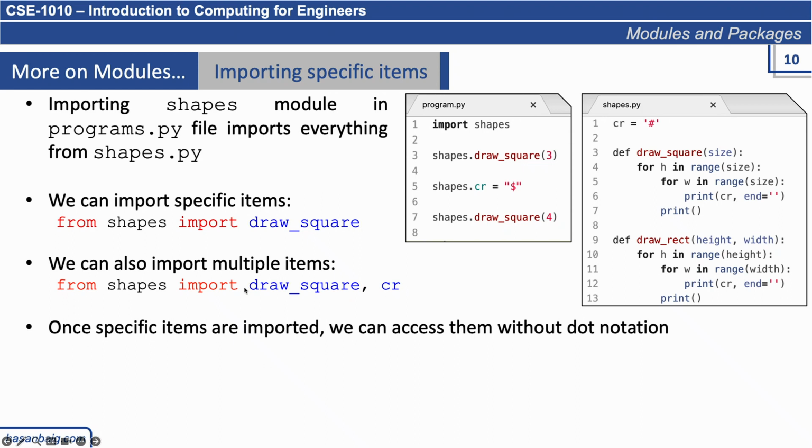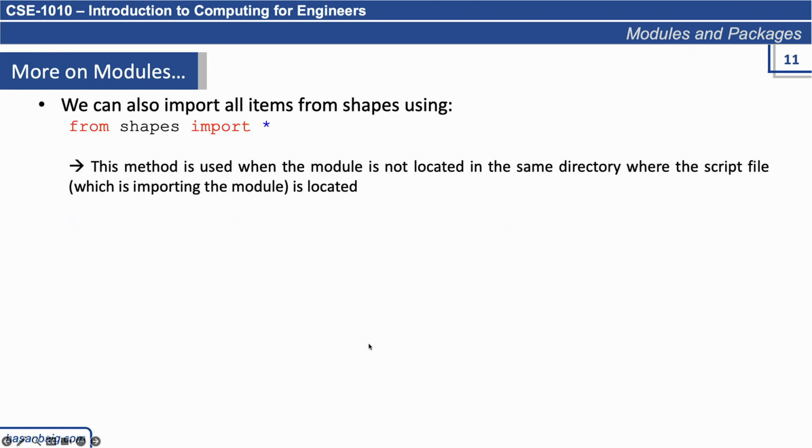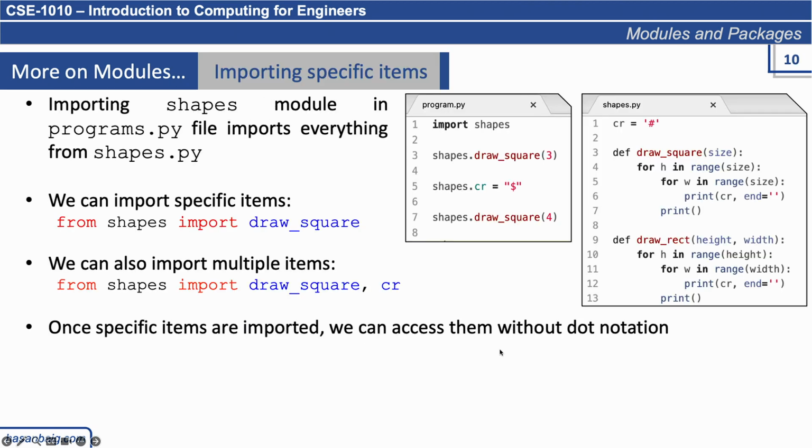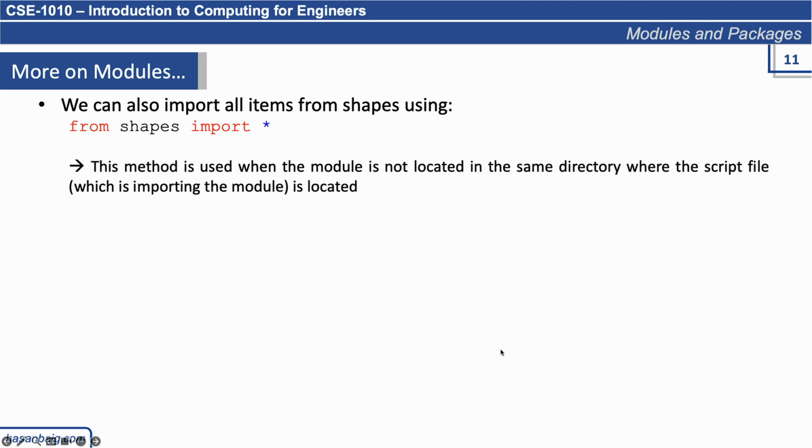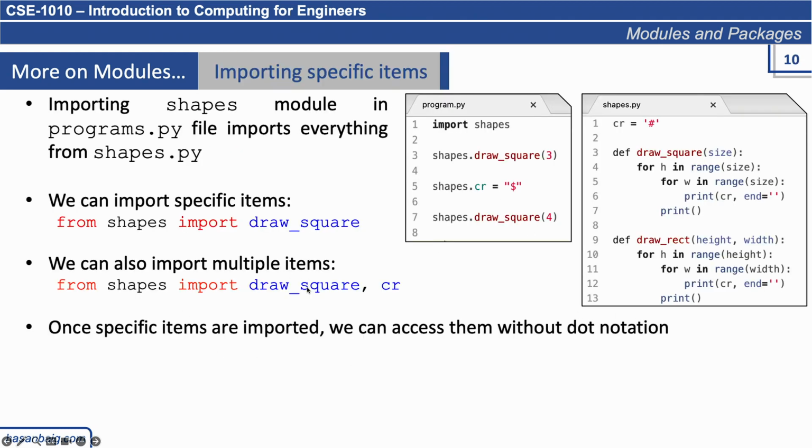Once we follow this procedure of importing a specific item, we can access them without specifying shapes.draw_square. We will just be writing draw_square. I can consider giving a demo, but